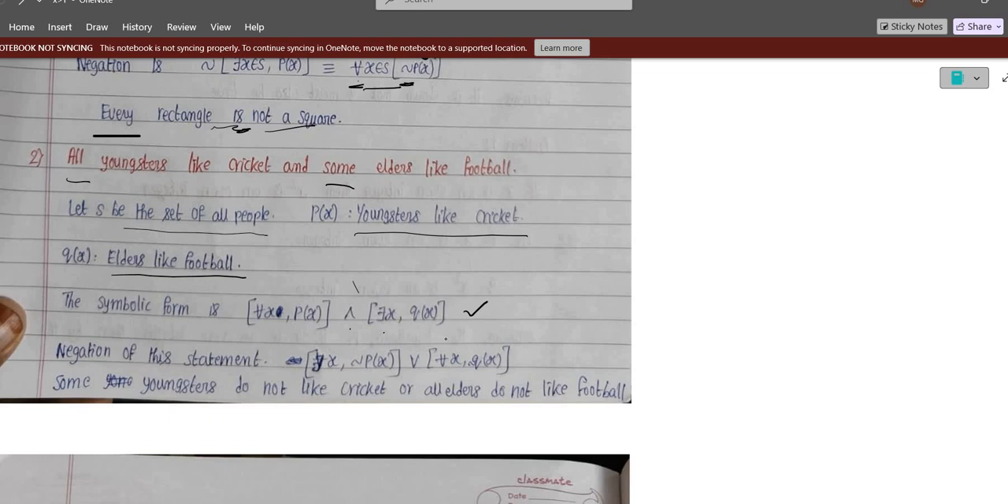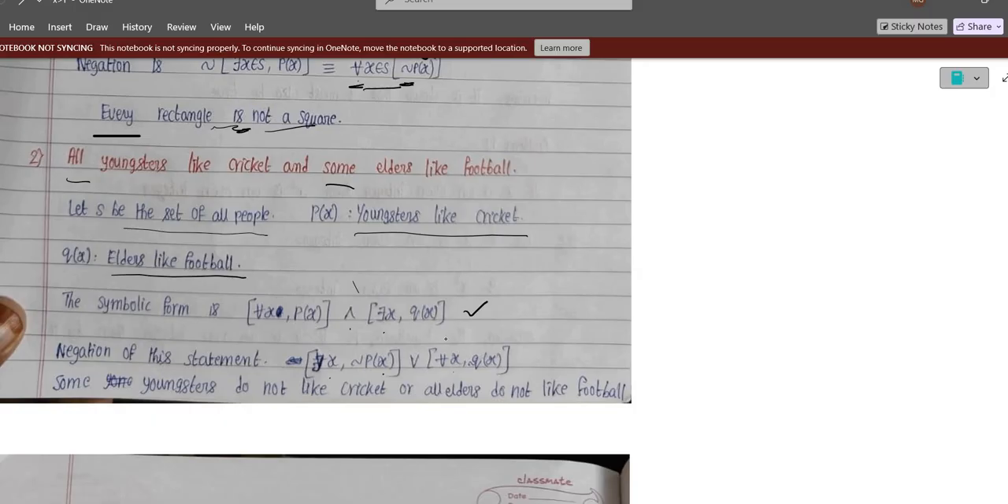Now I need the negation of this. For all becomes there exists. P of x becomes negation of P of x. And becomes or. There exists x becomes for all x. Q of x becomes negation of Q of x. So